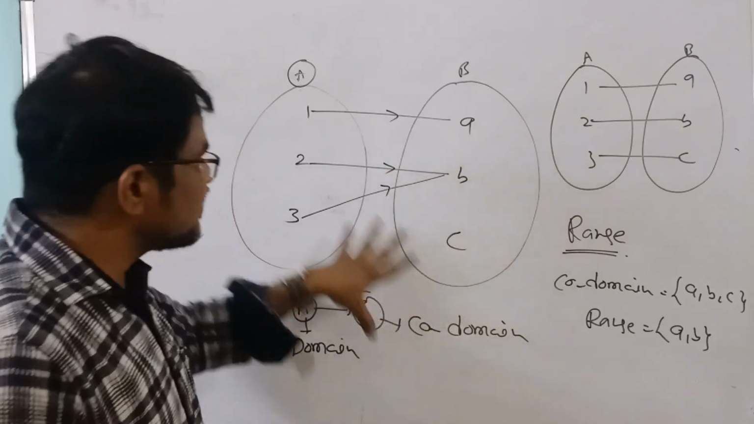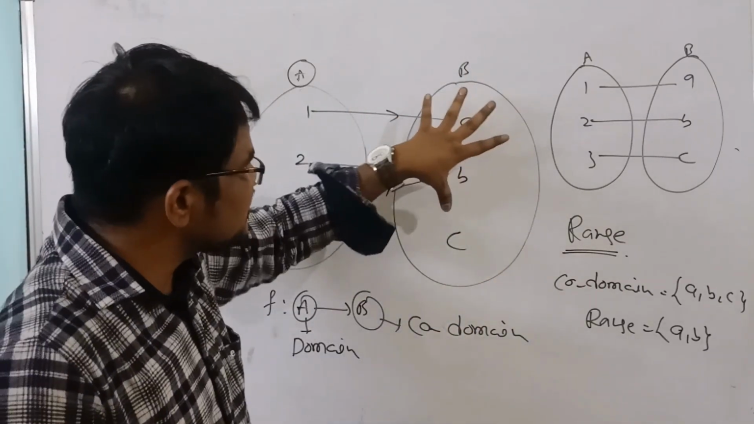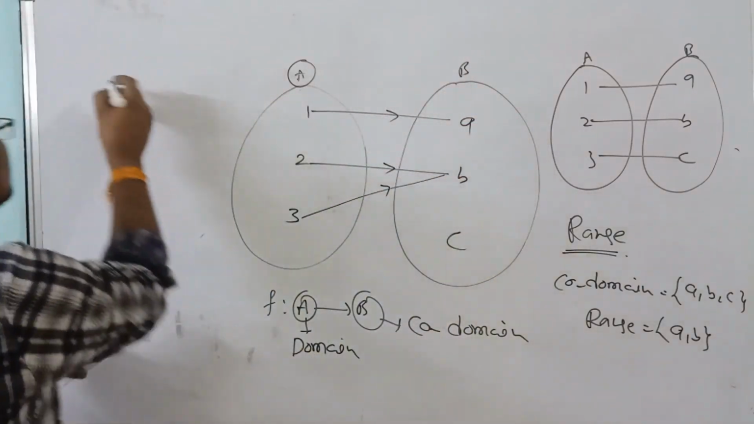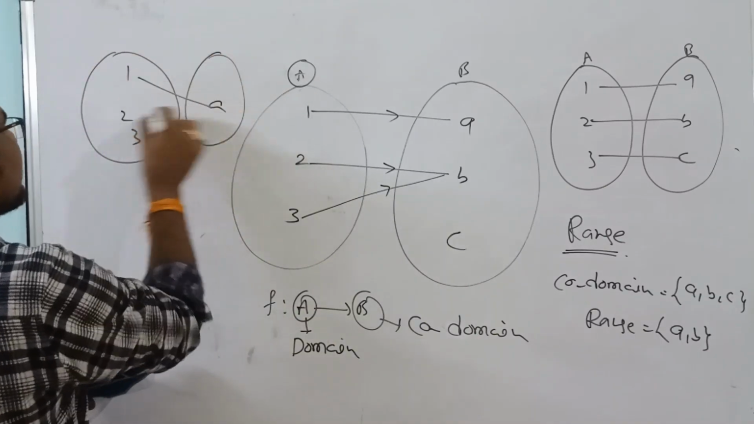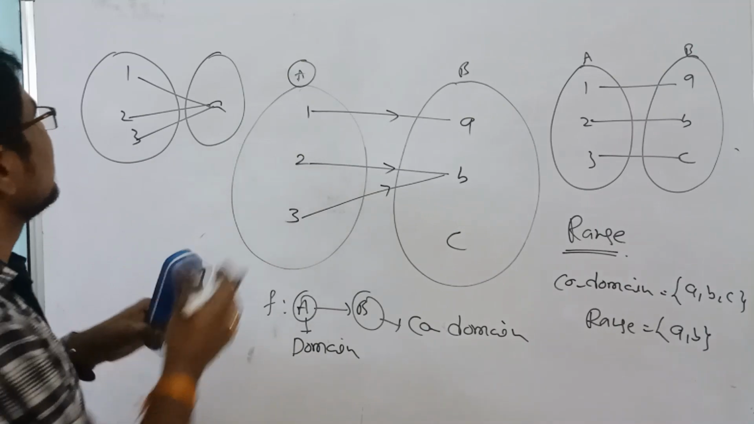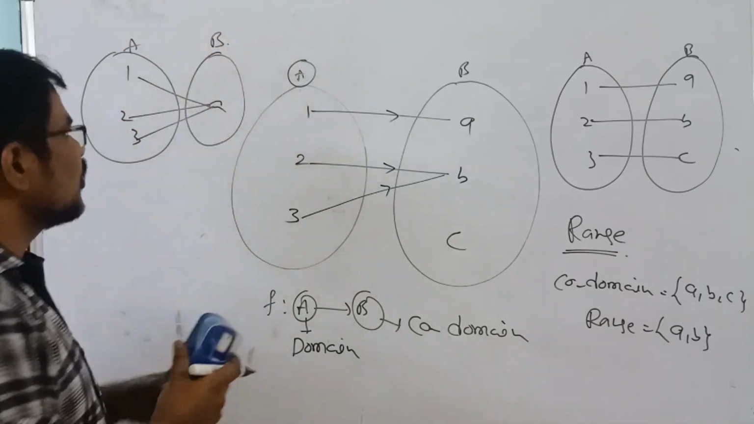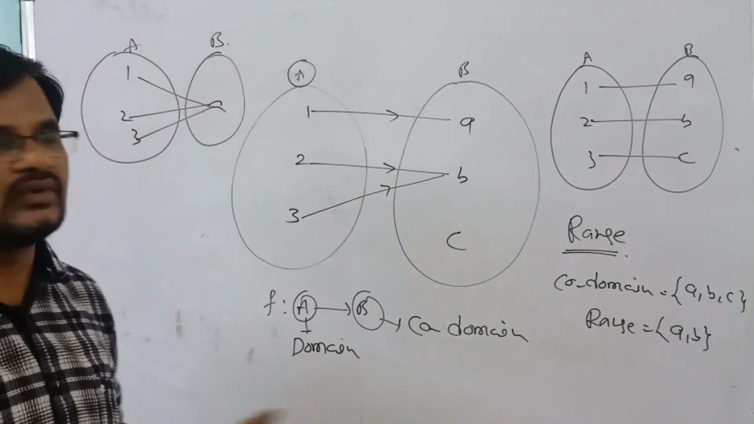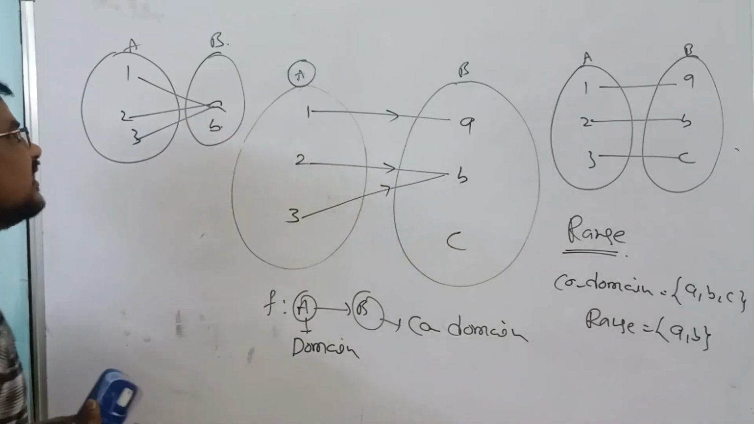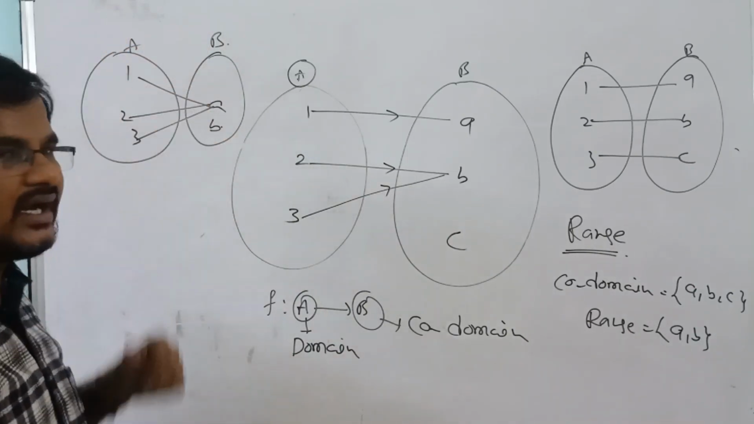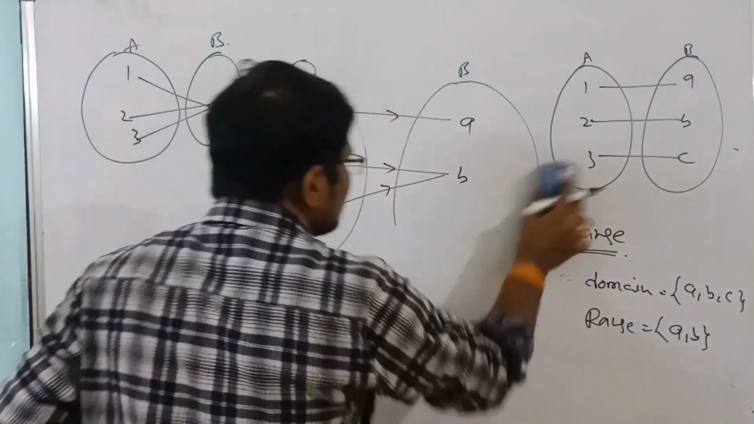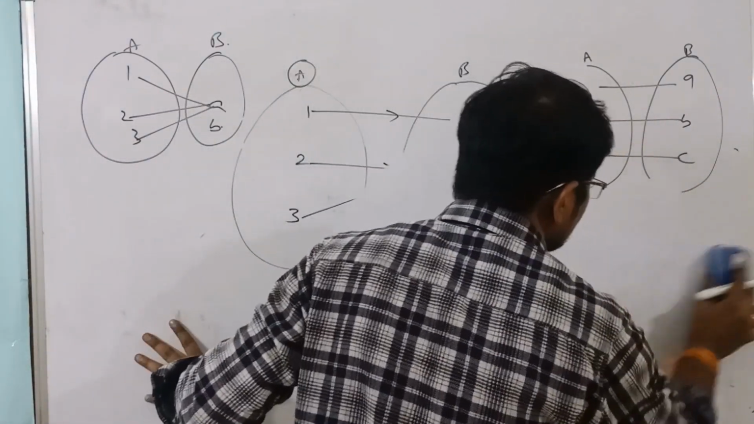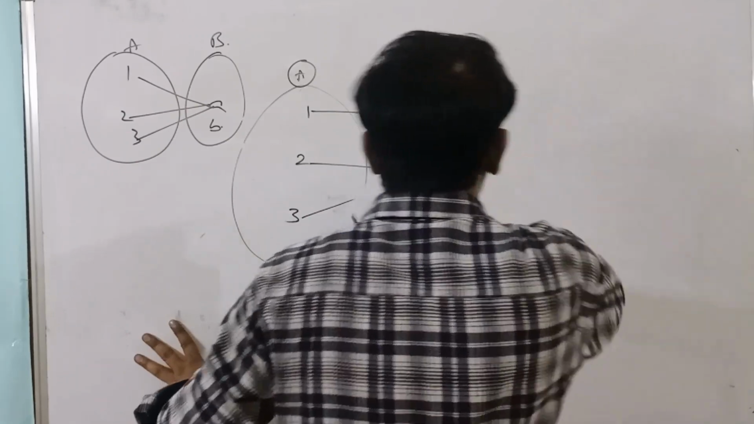Codomain means all the elements of B. Range means those elements of B associated from A. Suppose one more example, if you take this as 1, 2, 3, and this as A. Now here A, this as B. Codomain is A, range also A only. Suppose if you take B here, codomain is A, B and range is only A, right? This is the difference between domain, codomain and range. Now